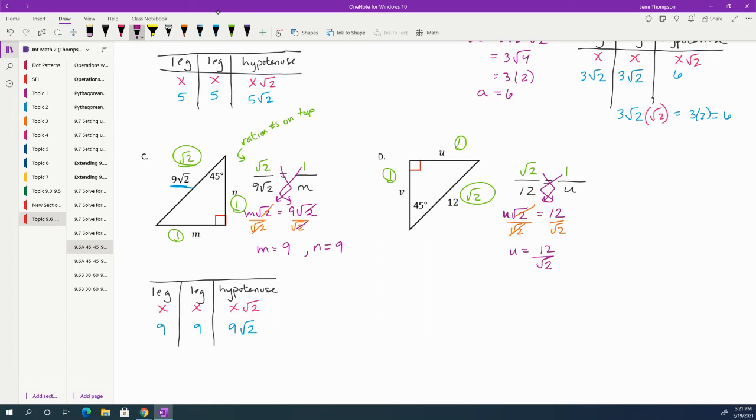I can't simplify that. And then maybe you remember, like, oh, there was this thing called rationalizing the denominator that we did briefly. Let's bring that idea up. So rationalizing the denominator means I don't have a radical in the bottom of a fraction, right, in the denominator. So to get rid of it, I would multiply by the square root of 2 on the bottom, and then whatever I do to the bottom, I have to do to the top. This leaves me with 12 square root of 2 divided by square root of 2 times square root of 2 is square root of 4,